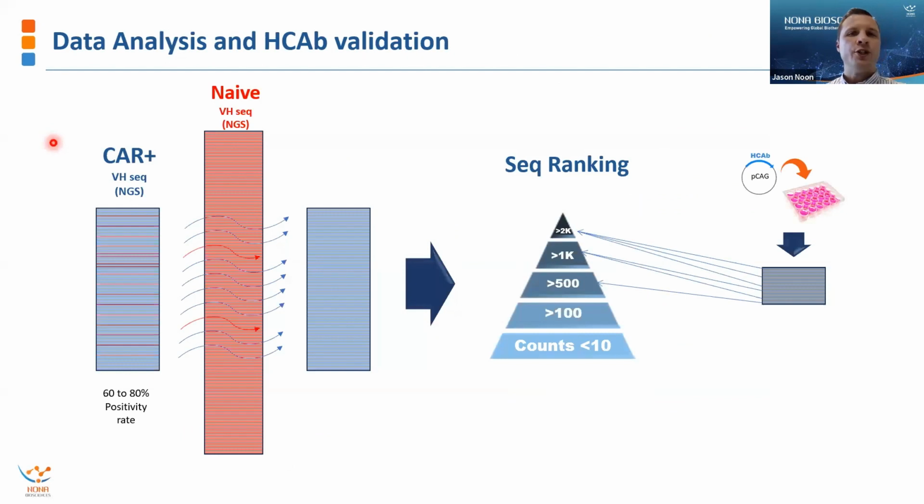So in addition to doing that direct expression in HEK-293 cells from our sorted GFP positive cells after Claudin 18.2 stimulation, for which we know the positivity rate ranges from 60 to 80% already, we perform next generation sequencing analysis, and this would represent our data set immediately after sorting. But then we've generated a naive data set